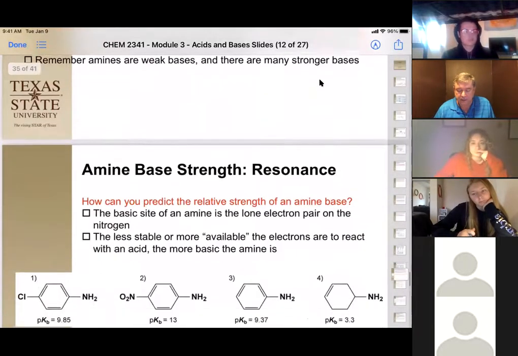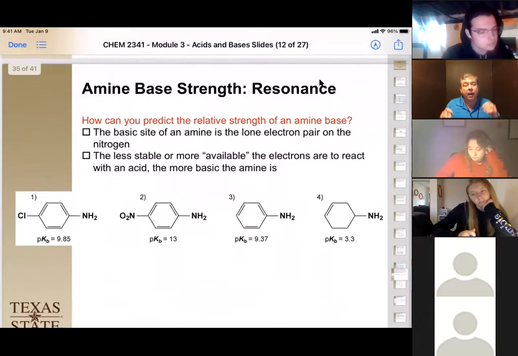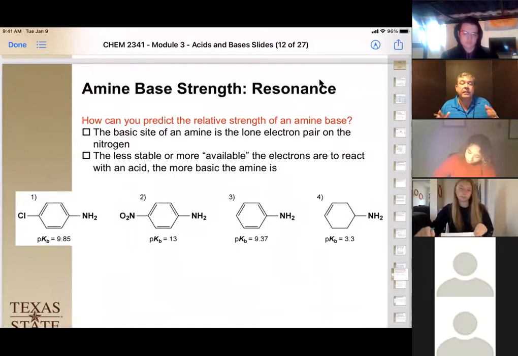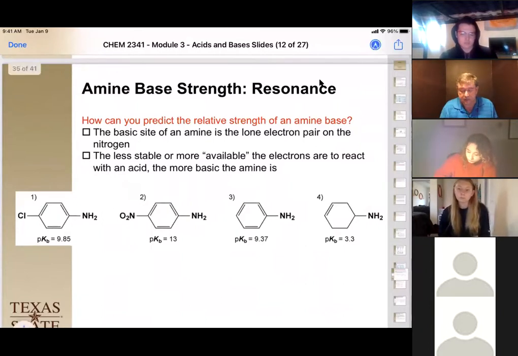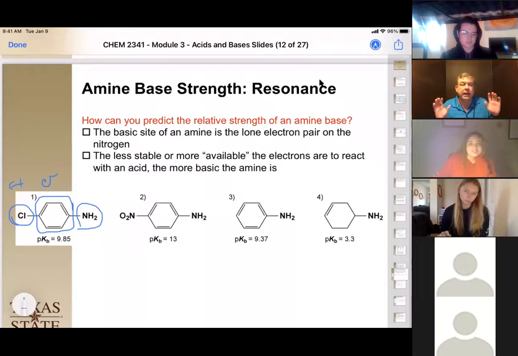Okay. So let's talk about one of the effects that can help stabilize that charge, which would be resonance. In this case, I have a series of amines. Here we have an aromatic amine, an amine on a benzene ring, and we can think of this benzene ring as fairly electron rich. But we also have the chlorine, which is a high electronegativity atom and would pull electron density away from the